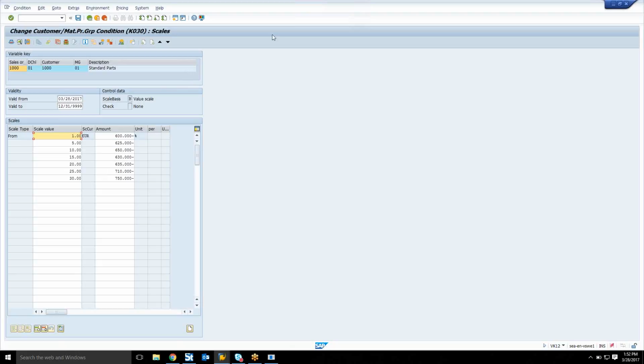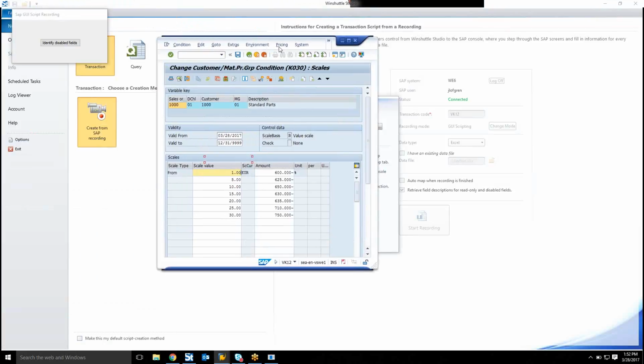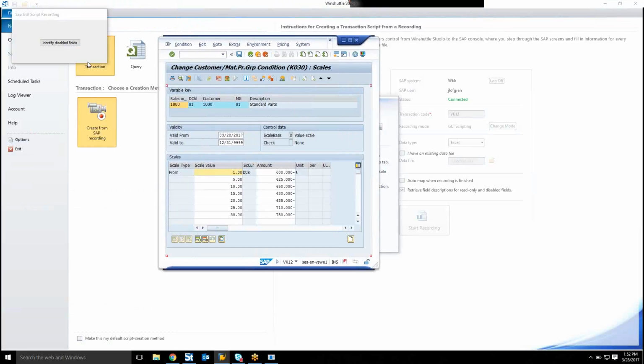To do that, there's actually a pop-up that's hidden behind a GUI script that says identify disabled fields. So we're going to click this button to enable it, and then we'll select on the value that we want to use as an index. In this case, we want to use the scale value. So we'll click into the scale value of 20, and it's going to capture this field here as a disabled field. We'll uncheck this here to turn off the disabled fields, and then we'll change the value on line 20